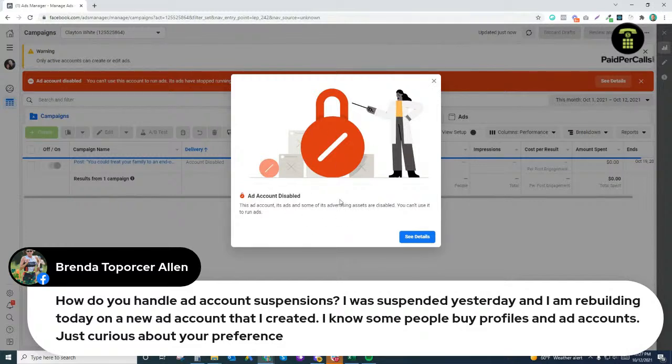This account got suspended because I was running a gift card giveaway back in like 2012 or something like that, and apparently you're not supposed to do that, which I didn't know because I didn't know much about advertising on Facebook back then. So they shut down my account, and it was actually